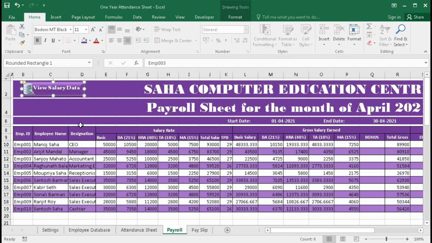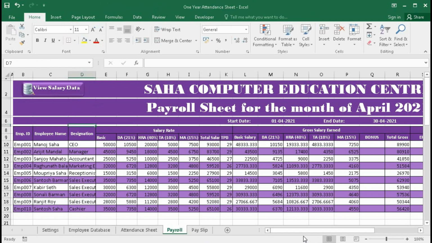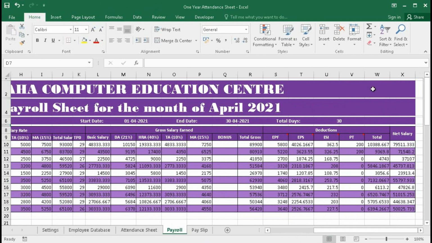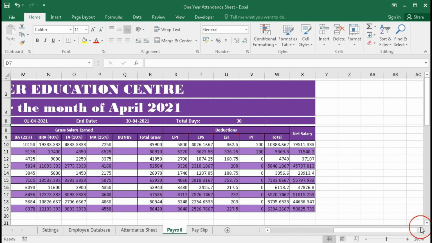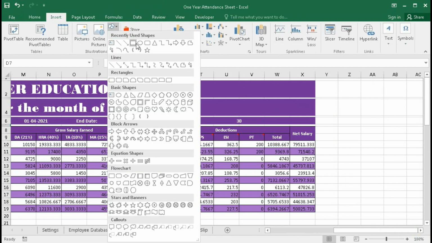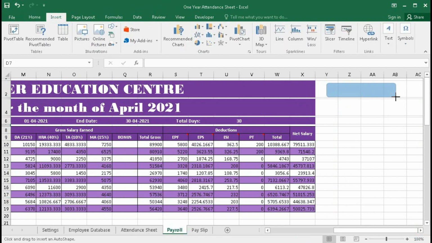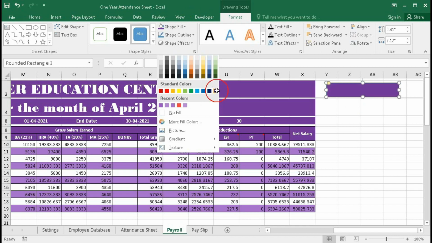Okay, and another button we need here. We'll make it here, insert, give it a fill color.